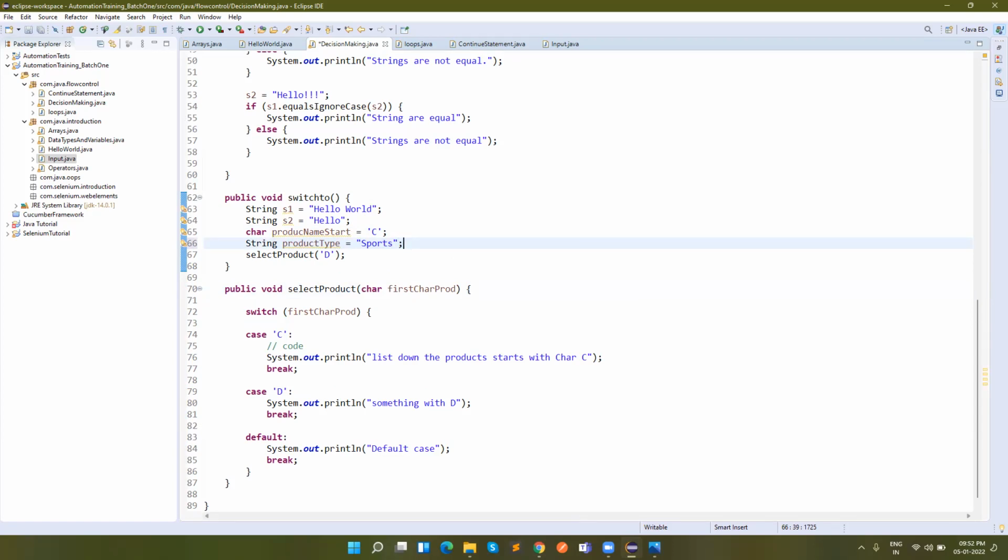Like sports section, kids section, clothes, wearables, shoes, electronics items, kitchen items, grocery items. Those types of sections are available. So if I enter into the sports section, then I'll get items related to sports only. When I enter into the clothes section, I will get the clothes only, right? Likewise that. So here we can see the possible cases are defined. Either it will be a sports section or kids section or kitchen section or the electronics section or XYZ, right?